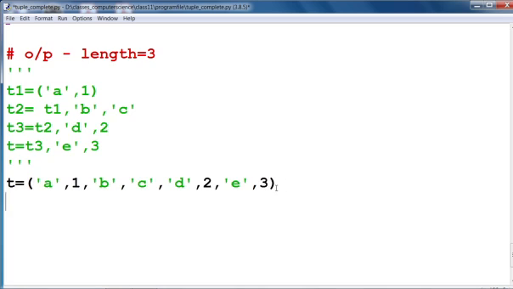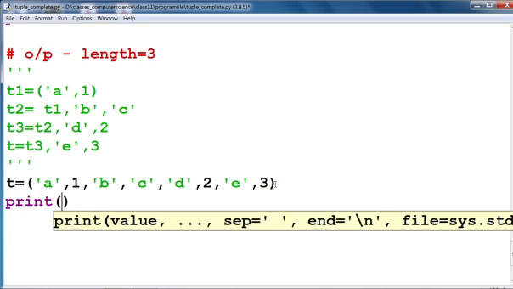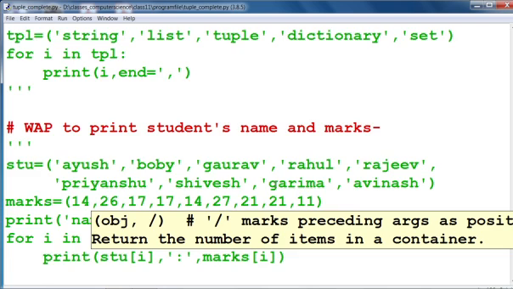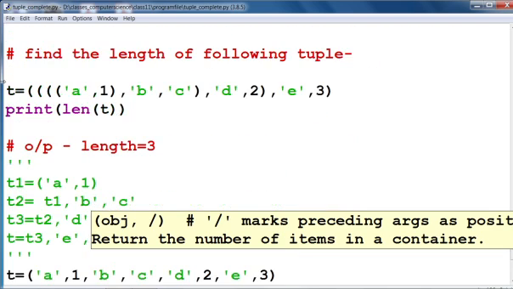Length of the tuple is int, length of t. First of all, comment out this program.